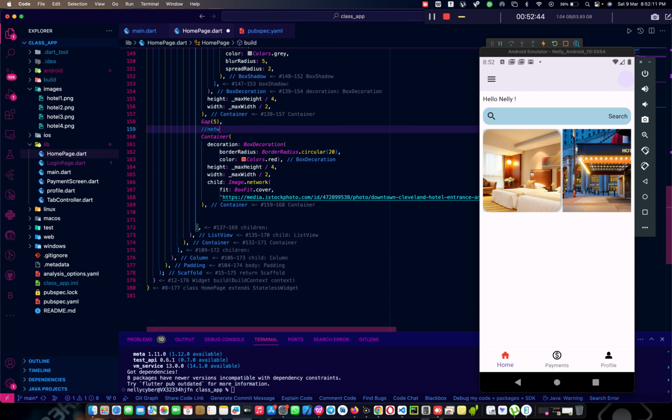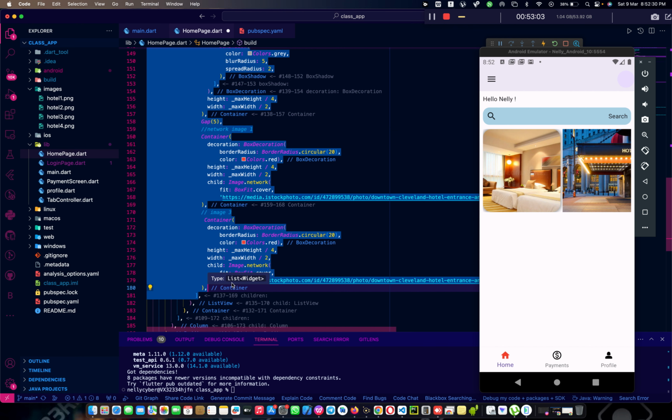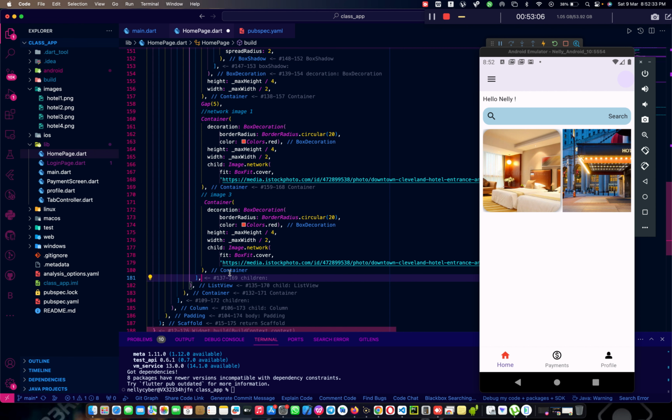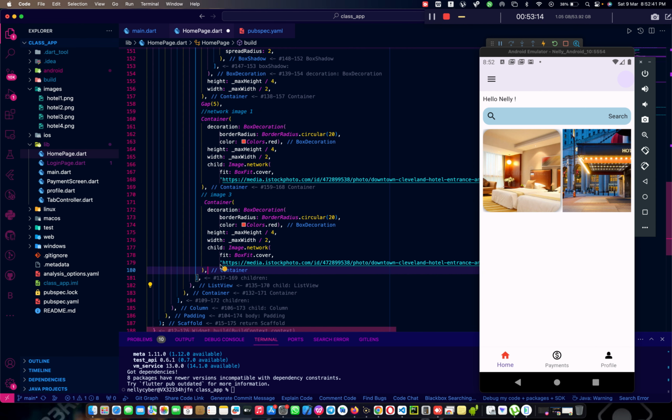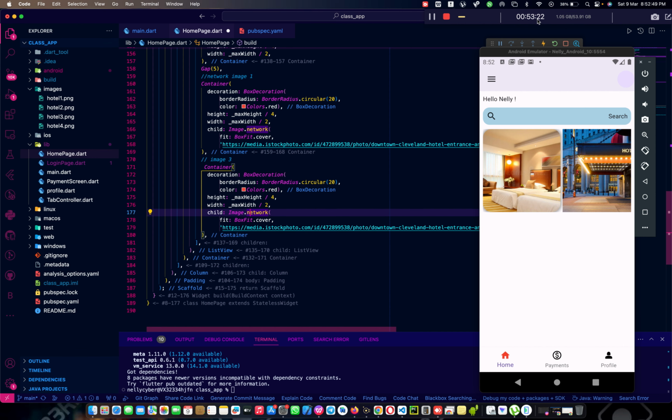Let's say this is a network image 1. This is image 3. Okay, so I'll paste that. So instead of just calling, let me see. Instead of just calling